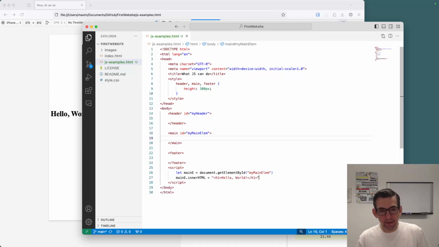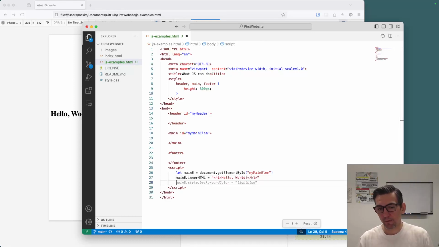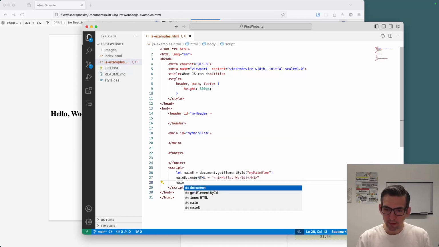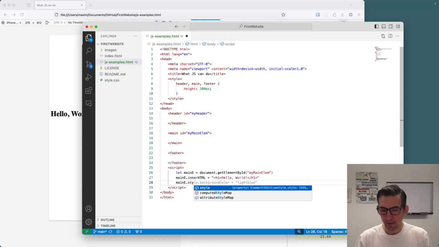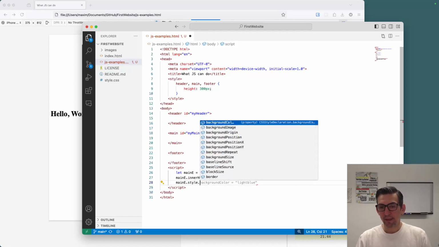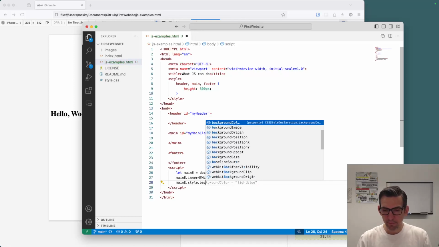There are other things that we can do. Let's change the color of it. So we can add content, text, HTML. We can also change the way it looks. We have access to style from HTML, so we can do mainE.style. Style gives us access to all the CSS properties. And if we want to change the background color, we'll say background